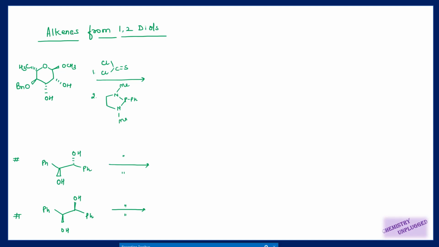There are very general ways to form alkenes from alkynes, we all know about them, but we will take only the difficult ones which can create some difficulties, right? So we will take only them. So alkenes from 1,2-diol. 1,2-diol means we have two OH groups at 1 and 2 position, right? So we have multiple ways to do this process, but right now we are taking the reaction which is known as Corey-Winter reaction. There is no need to remember the name of the reaction, right? But you can simply understand the process.